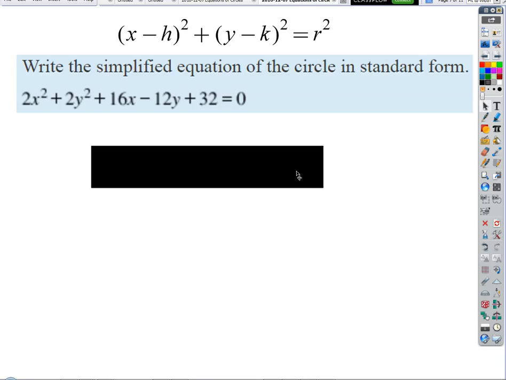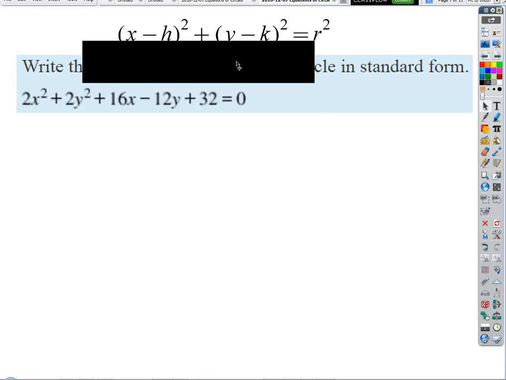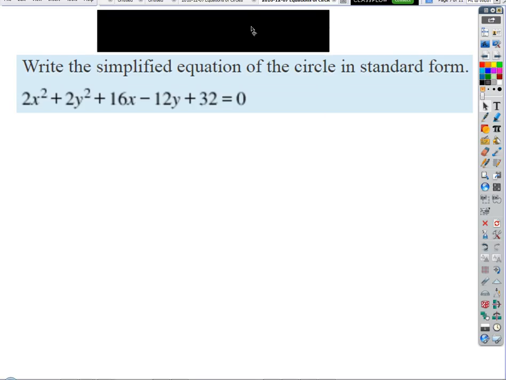So notice what that looks like. It looks like a perfect square factor for x and a perfect square for y equals some number, right? So for us to get there, I just want to put that away for now so it doesn't look confusing. It means all I've got to do is create perfect square trinomials and turn them into perfect square factors. But before we do anything on these, we always want to ask ourselves, can we make this